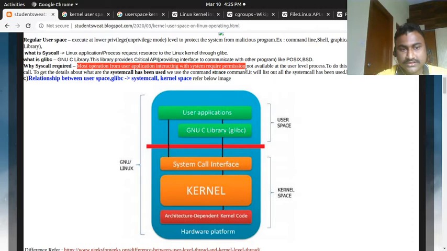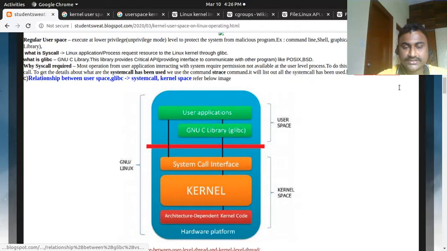Or if you want to write anything, you need access to the hard disk. For that the user code doesn't have the privilege. For that it needs to call the system calls write, open and read. Through these system calls it will do the operation. For calling these it needs an API, application programming interface, glibc. We can also call it POSIX, portable operating system interface, or BSD.